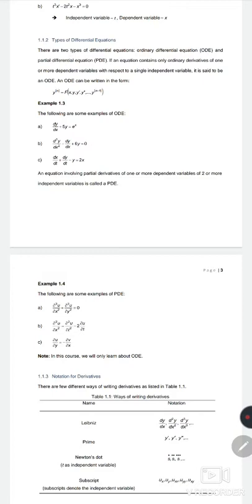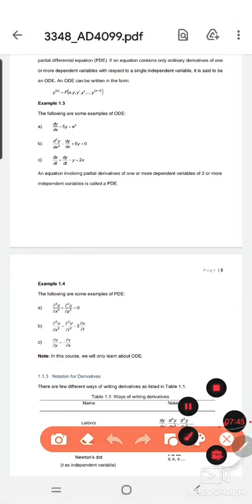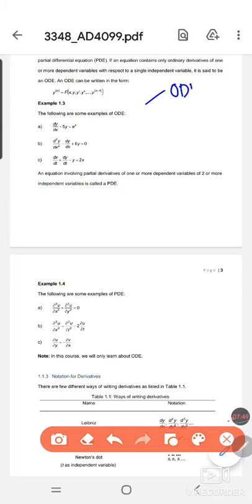An ODE can be written in the form y^(n) equals f(x, y, y', y'', ..., y^(n-1)). So here we have two types of differential equation, which are ordinary differential equation and